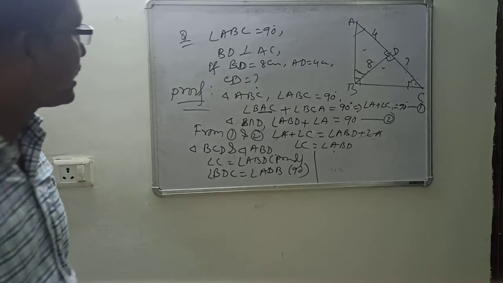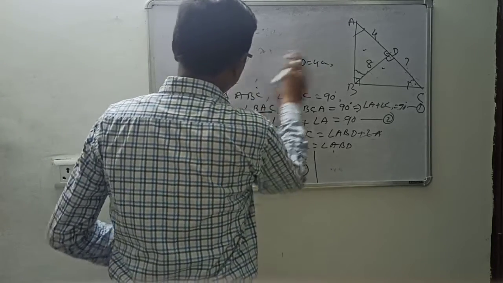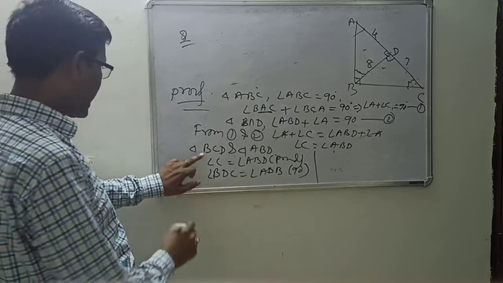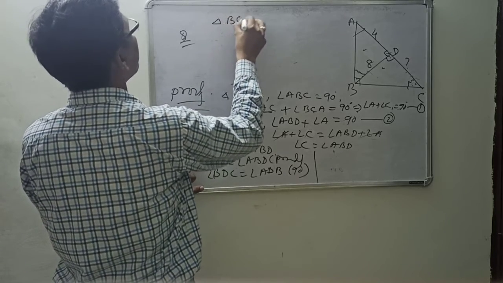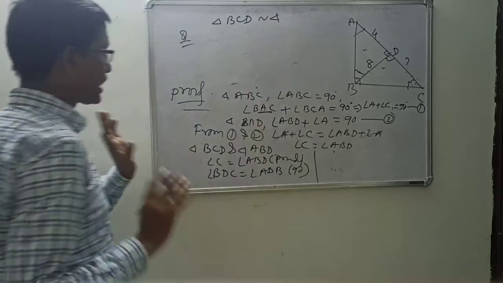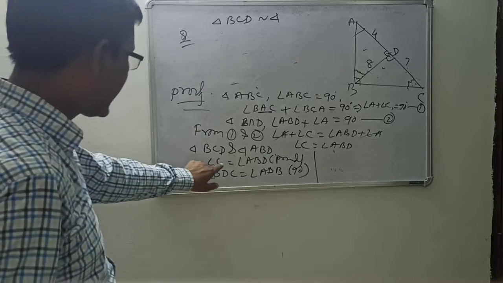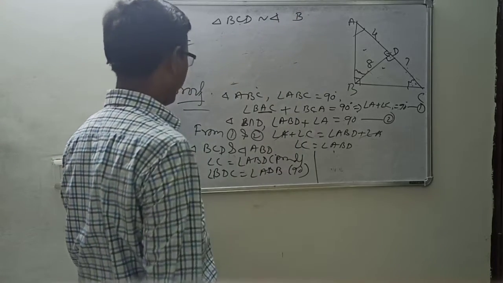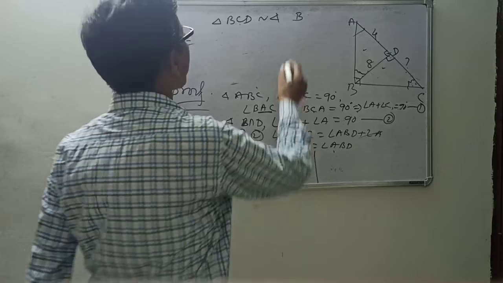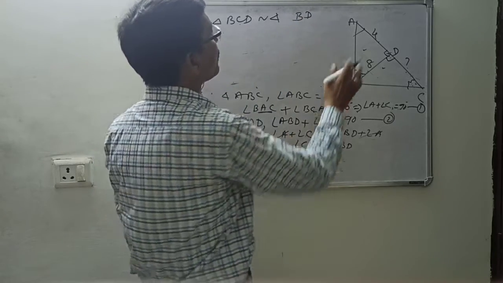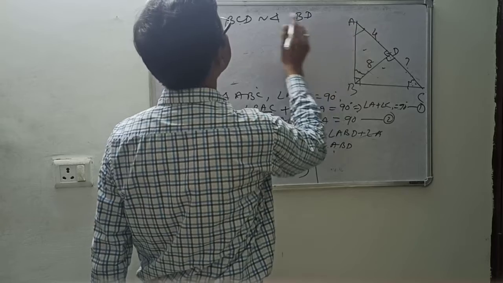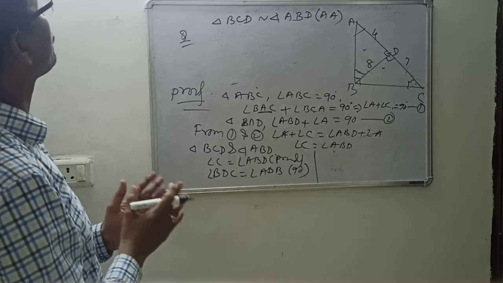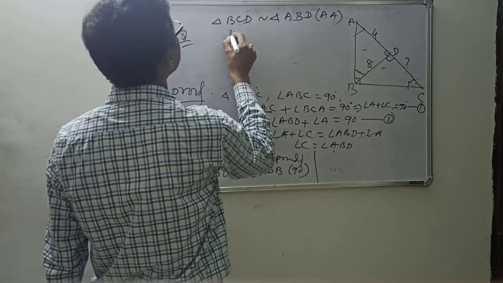Then what can we get? The two angles are equal. That means by the angle criterion, we can say, again I am saying the naming, triangle BCD is similar to the triangle: angle C of this triangle equals angle B, so in place of C in that triangle you will write B. And angle D is equal to D. So last it will be D, middle B, first D. For this triangle, D has gone, B has gone, A is left. Angle criterion.